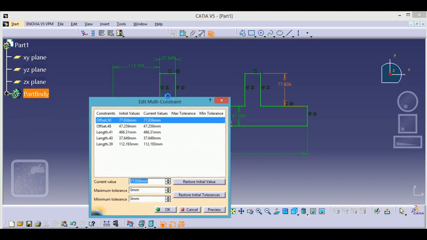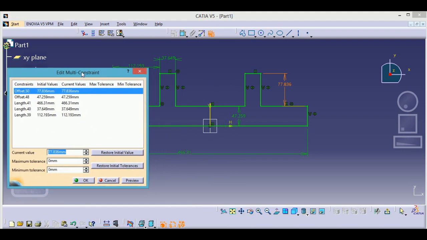So from here you can do it very fast. Okay, you can see here one by one it will select all of the constraints. Okay, I'm just placing 70 mm here. Okay, and this maximum tolerance and minimum tolerance, if I want these faces to have tolerances, you can also provide them.